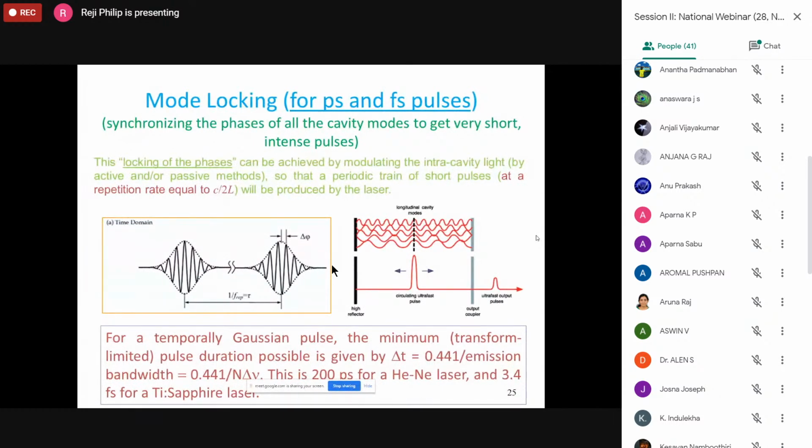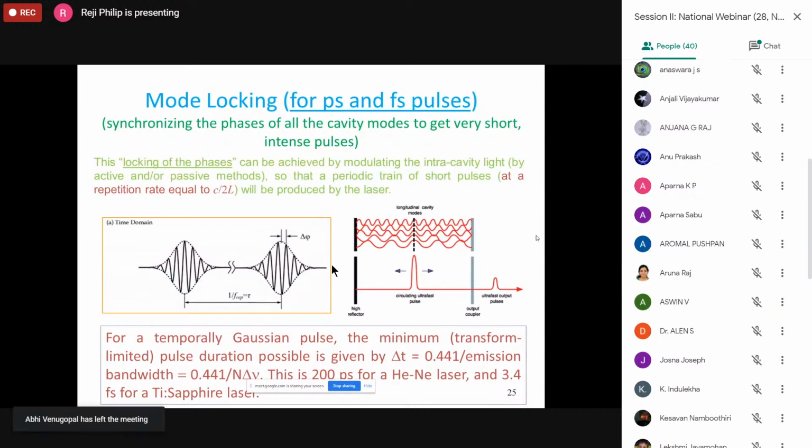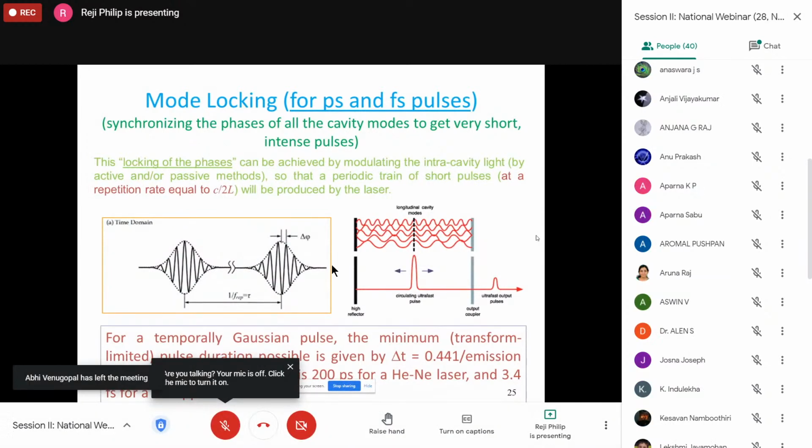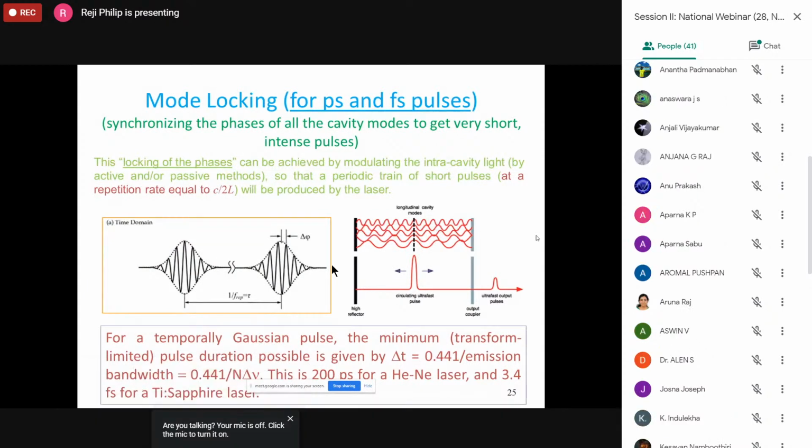So what you have is several emission lines which are very close to each other, separated only by 82 megahertz. Now in frequency comb spectroscopy, I don't know much detail about it, but what they do is they use electronic techniques also. And if you want to precisely look at atomic transitions, like atomic absorptions in a collection of atoms,